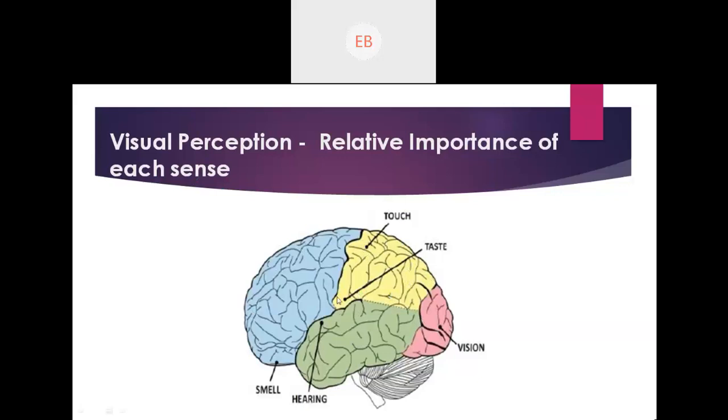So you can see here, this is the brain, and here there are some percentages of neurons in the brain which are devoted to each of these senses. First is taste. Taste acquires 30% of the neurons in the brain. Whatever you can taste, that is 30% of neurons constituting the brain. Then is touch. Touch is only 8%. Then comes hearing. Hearing is 2%. Then is smell. Smell is less than or equal to only 1%.